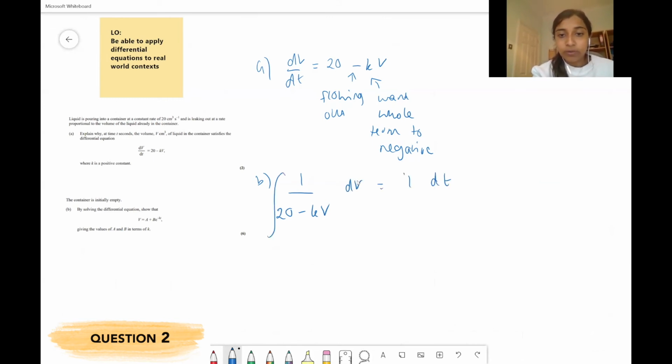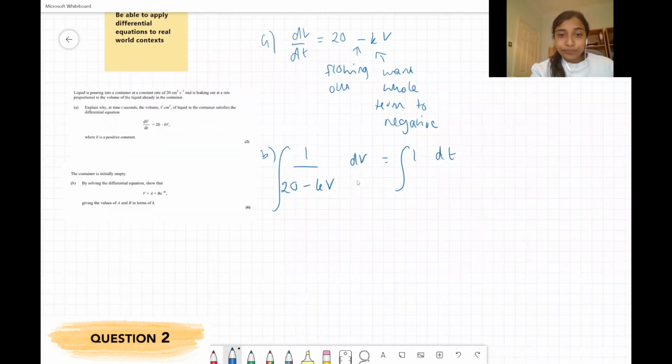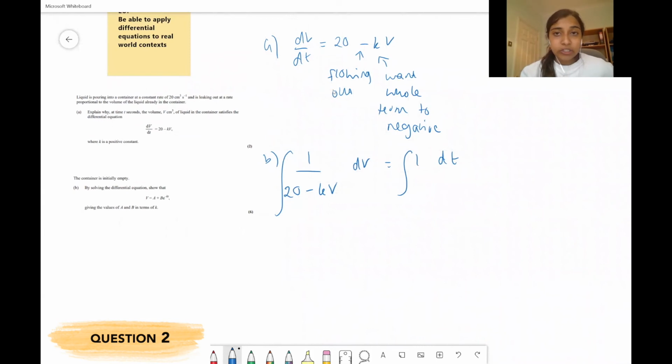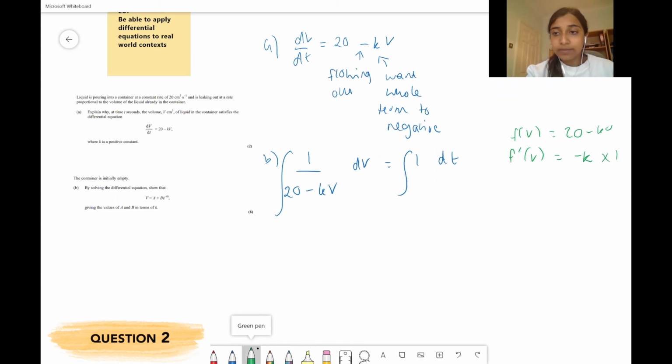And then if we integrate both sides, so now if we were to integrate 1 over 20 minus kV dV, if you think about, if you have f of V is equal to 20 minus kV, and if you were to find the derivative of that, you would get minus k. So to get 1, you want to times it by minus 1 over k. So this would be equal to minus 1 over k ln of 20 minus kV, which is equal to t